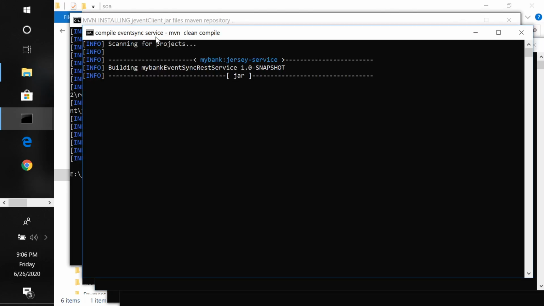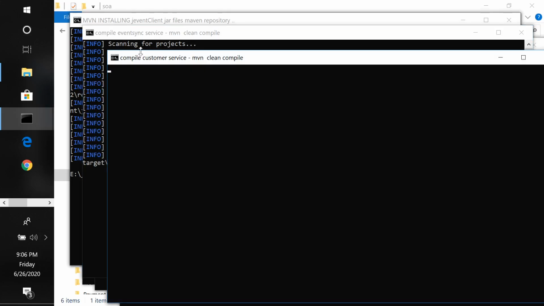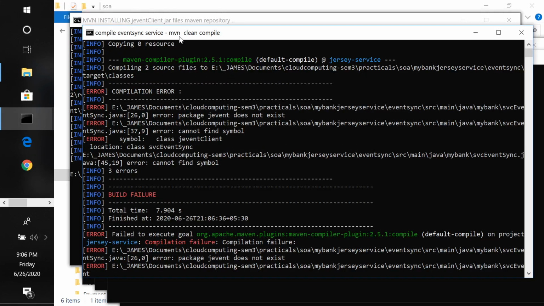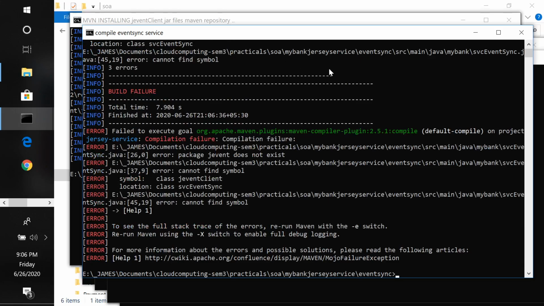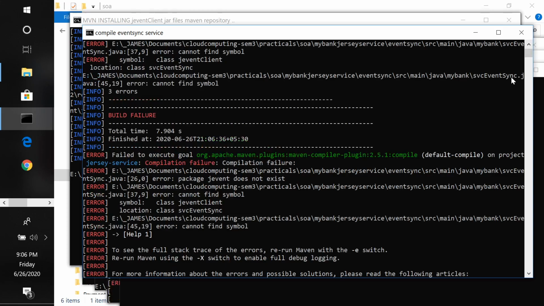This fellow threw an error earlier. Oh, it has worked this time. Cannot find symbol. Which symbol? I modified some code, right? When you modify the code, sync event.